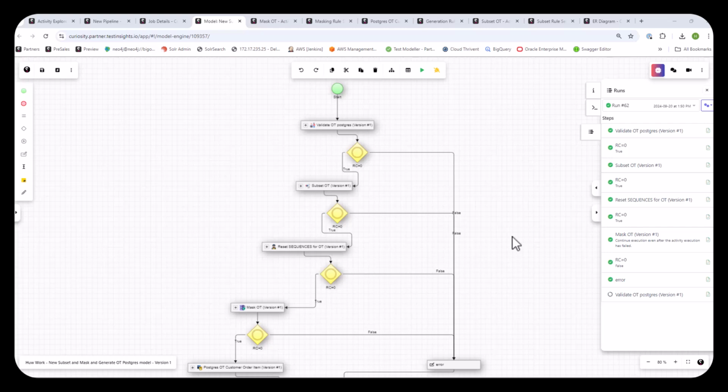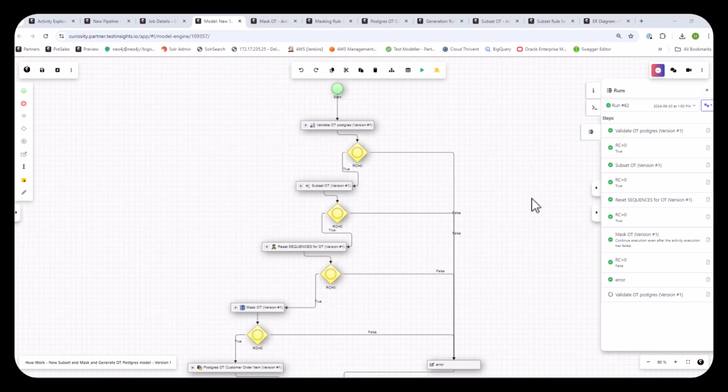So let's have a look at the pipeline where we've pulled together a bunch of standard test data activities. Firstly, we're going to validate the database source. In this case, it's a development environment which is continuously being used. Now, what you'll find is that you'll have lots of bad data or lots of slightly invalid data in your development environments typically. We don't want these discrepancies in our QA environment, so we're going to lose them as we